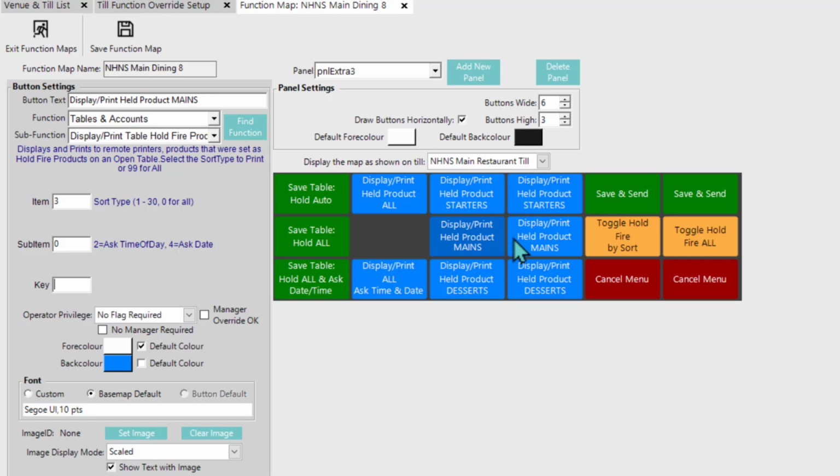So for double buttons here, if we have them next to each other, they will be too wide. You can see the same for the save and send and the cancel here. But anyway, first up for this till function,